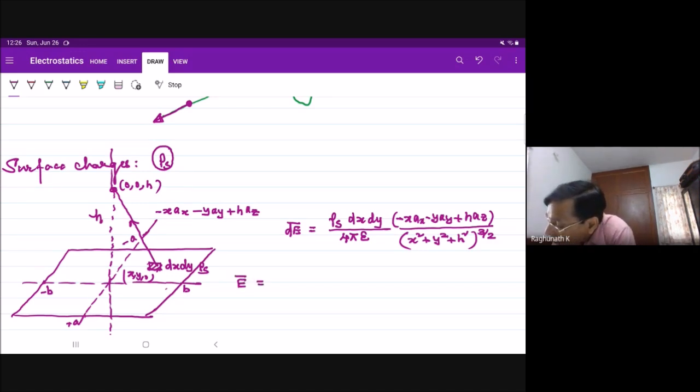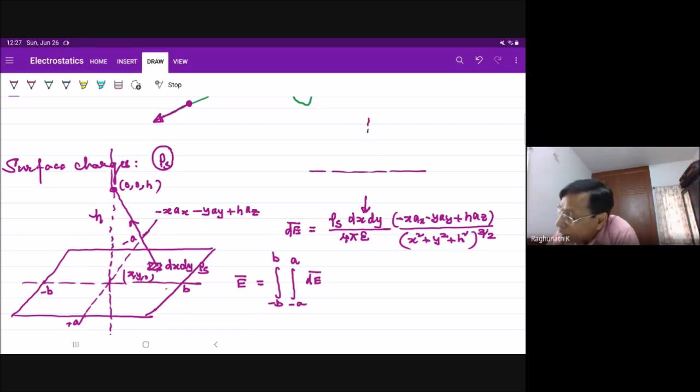E bar is equal to integral minus b to plus b, integral minus a to plus a. I have to consider such elements everywhere in x from minus a to plus a, in y from minus b to plus b, dE bar, which is having dx dy. Since, check it,